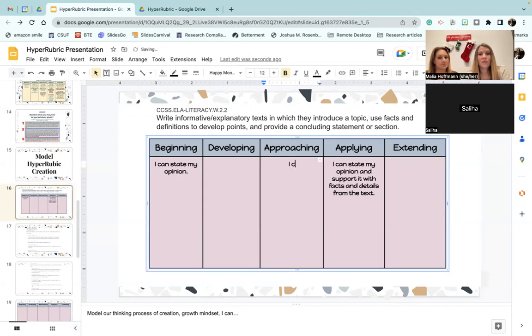Well, we know they can state their opinion. Sometimes it's redundant, but why can't I spell opinion the first time? I can state my opinion. And I'd probably pick one of those and use details from the text. Because maybe they're not linked. So developing, I might focus on,